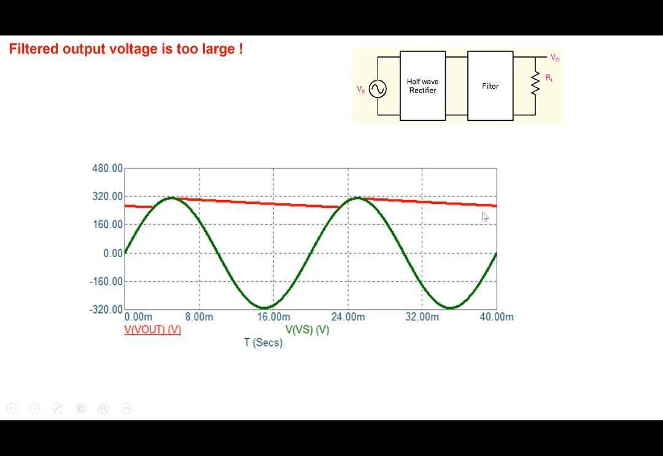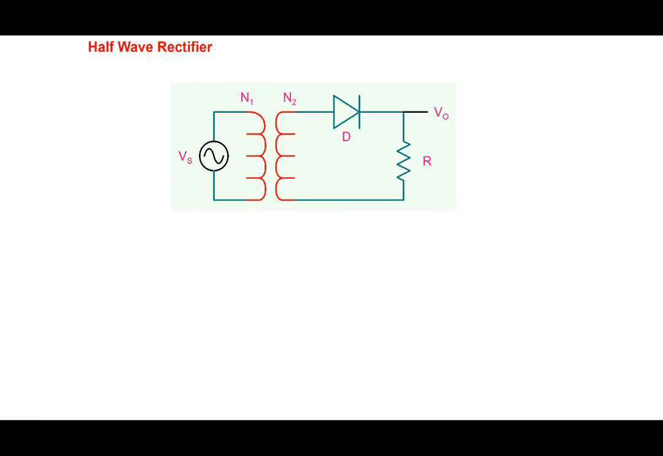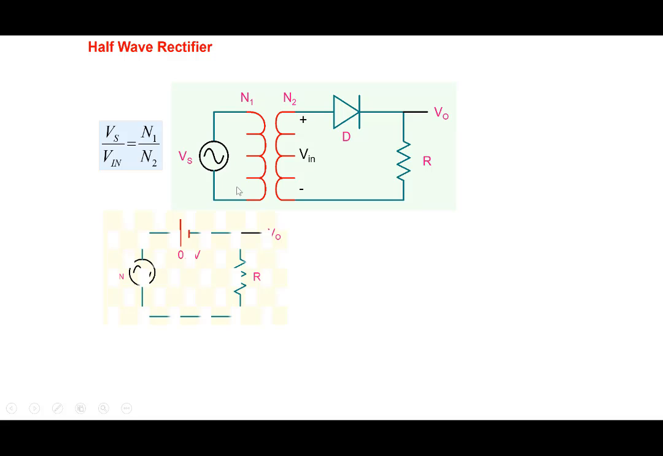And so what we need is we must reduce the input voltage, and a common way of doing that is through a transformer. So we have a step down transformer here, and we know that Vs by Vin will be given by the turns ratio, N1 by N2, and therefore depending on the application, for example,